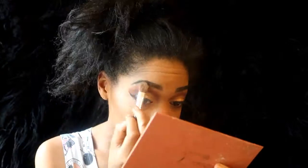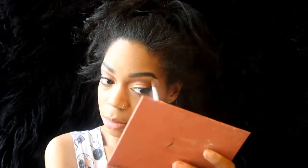You can't really see it all that well. Well, I guess you can see it better from this angle. And I always put some on the tip of my nose and then the bridge of my nose. I sometimes highlight my cupids though. Okay, so I'm done with all the important stuff. So real quick, I'm just gonna throw my lips on. So the makeup is done